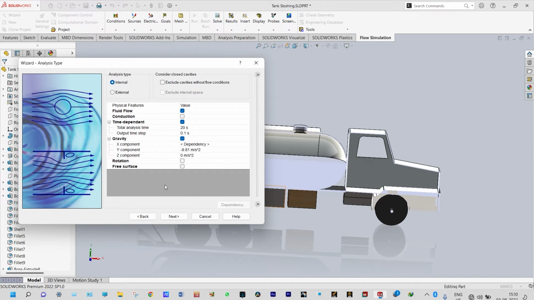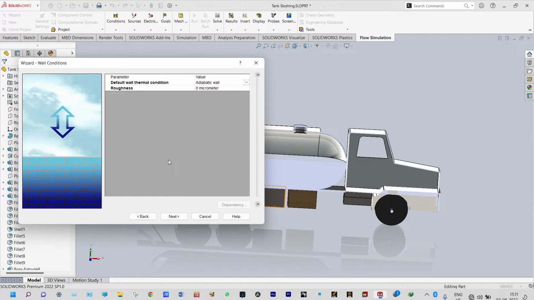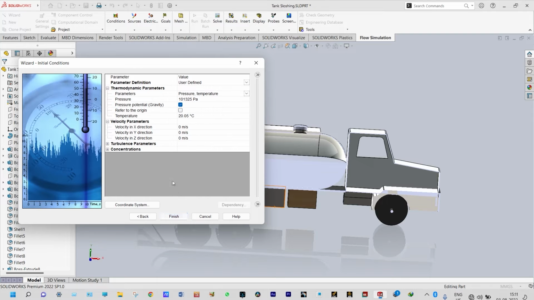Let's close it. As I told before, in this tanker there will be heterogeneous mixing of oil and air. In this case we are considering oil as propane, so it will be a free surface technique. Next to that, gases, we're considering gas as air, and liquid will be propane. Next to that, default outer wall thermal conditions and roughness we're considering, and next, from thermodynamic parameters, pressure will be 101325 Pascal, and though temperature is not an important criterion in this case, we are considering temperature as 45 degrees centigrade,